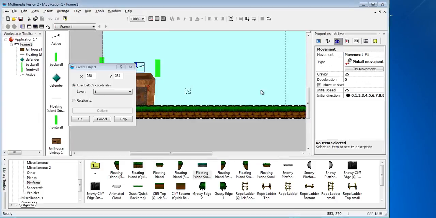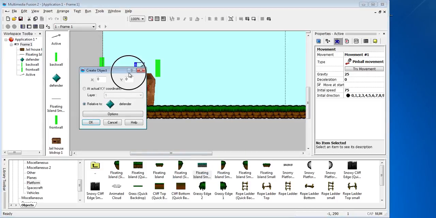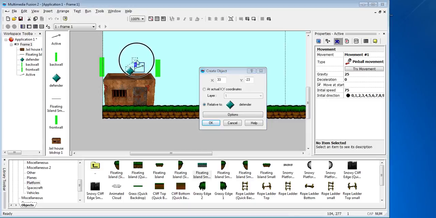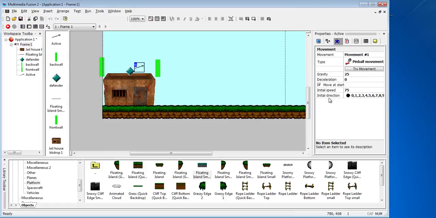So I click OK, and now it's going to ask me relative to. So I'm going to say, actually I'm going to put it there. So it's going to be relative to, and then you just move where you want it to start. So it's going to start roughly there, but when we put our character in, we'll need to tweak those. So I click OK, and Control M this time, sorry, just to, one thing I didn't do